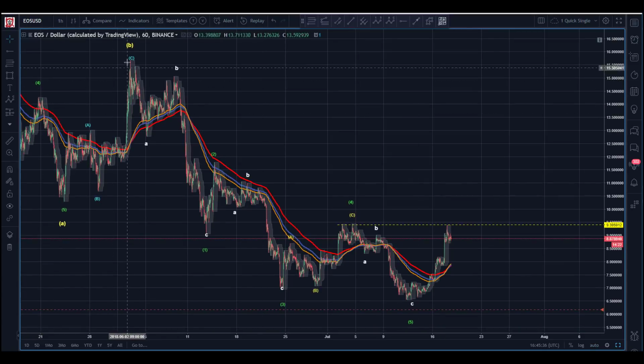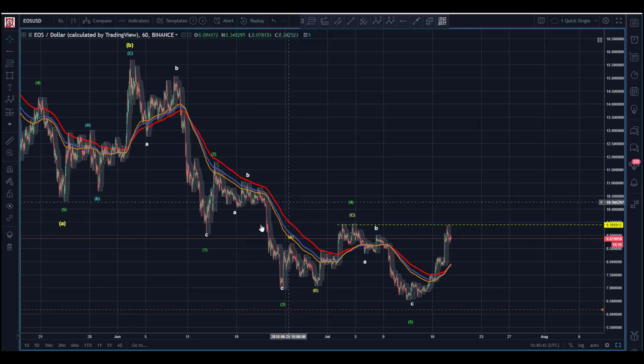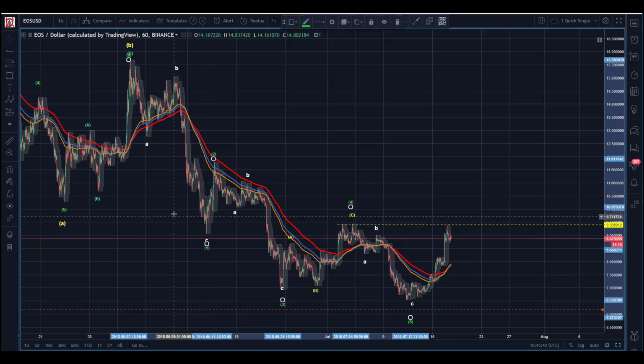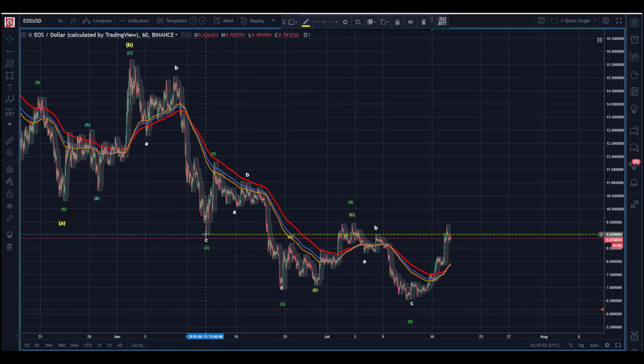All right, so here's our B wave right here. Let me clean this up a little bit. Now we come in a diagonal, in this case an ending diagonal. The way I have it labeled, this becomes my 1 wave here, right? So let's wick that off. If I pull this over here, there's my 1 wave, and I'm counting it via the ABC.